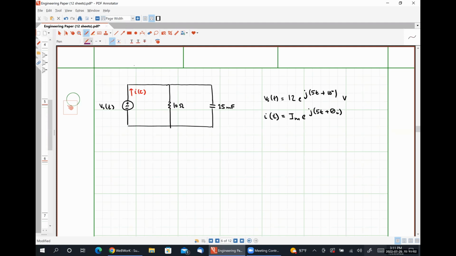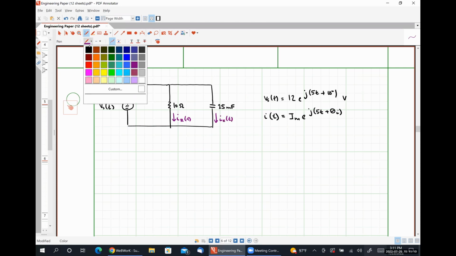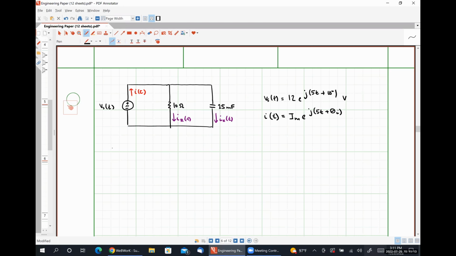Okay. We're going to do Kirchhoff's current law again. So let's call this IR of t. Let's call this IC of t. And we know that I of t is equal to IR plus IC, which is Vs over R plus C dVs by dt, or